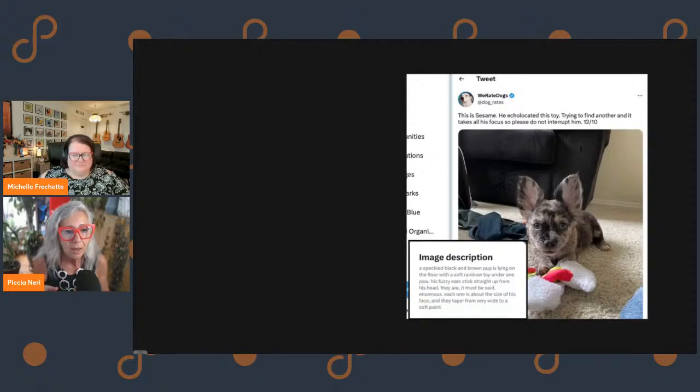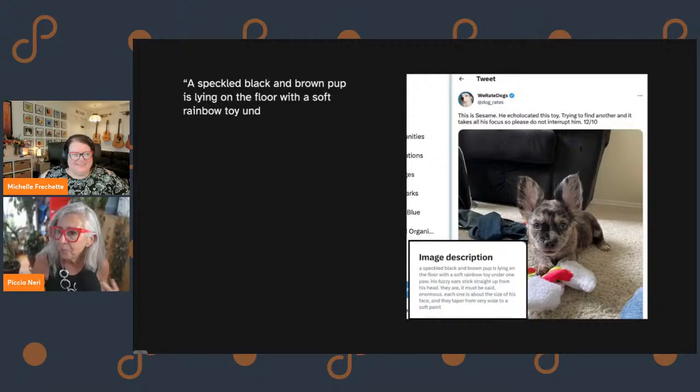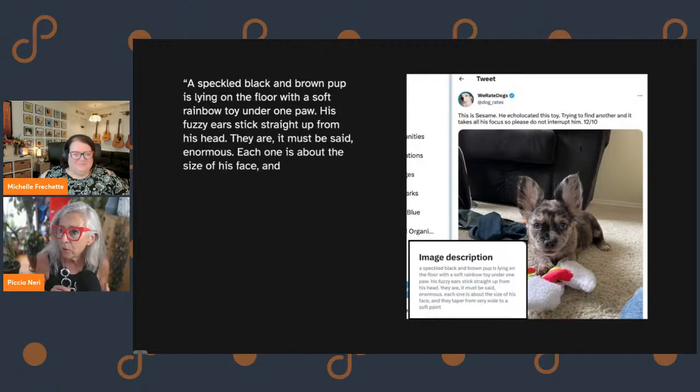So the tweet itself is already really funny because there's a puppy in a house on the floor, and the tweet says, "This is Sesame. He echolocated his toy, trying to find another, and he takes all his focus. So please do not interrupt him." 12 out of 10, and that's already delightful. But then the alt text says, "A speckled black and brown pup is lying on the floor with a